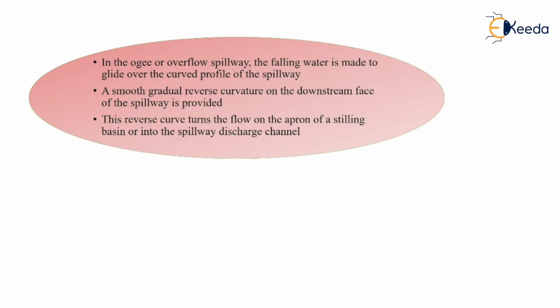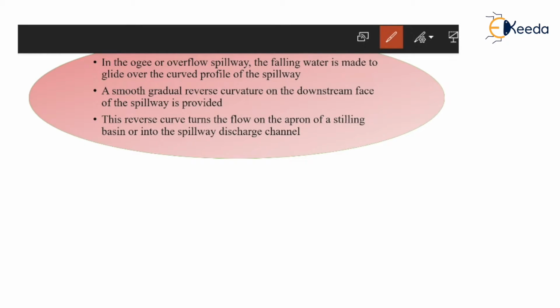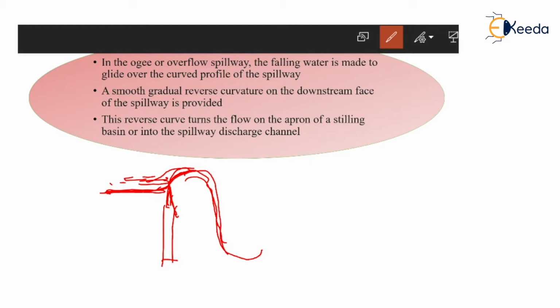See, in the Ogee or Ogee overflow spillway, the flowing water is made to bleed over the curved profile of the spillway. This is your profile. This is your sharp crested weir. Why are we providing this sharp crested weir? Because on this sharp crested weir, your upstream crest profile will rely. So because of this raised portion, once your normal or maximum reservoir level increases, the water will smoothly attach to this section, and again with this curve section, this water glides over